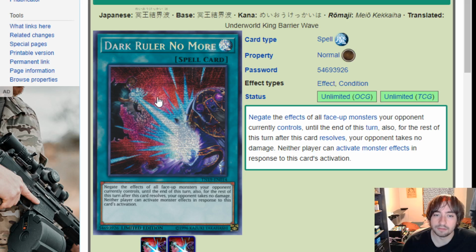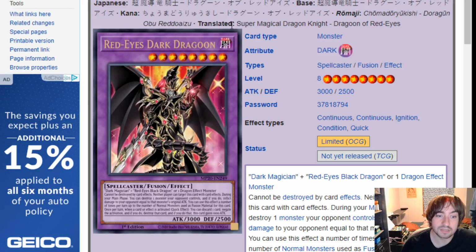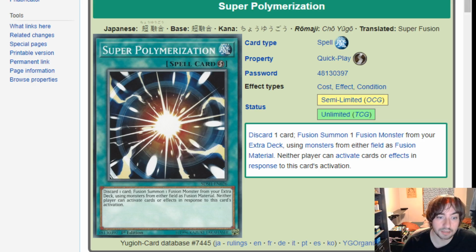So I don't believe Droplets works there, so Dark Ruler definitely takes the cake on that front. And then the other one is Super Poly, because basically this is a dark monster. So if there's any other dark monster on the field, Super Poly could come back into the format. If Dragon Link is a big juggernaut making Red Eyes Dragoon, that could be something interesting because they already